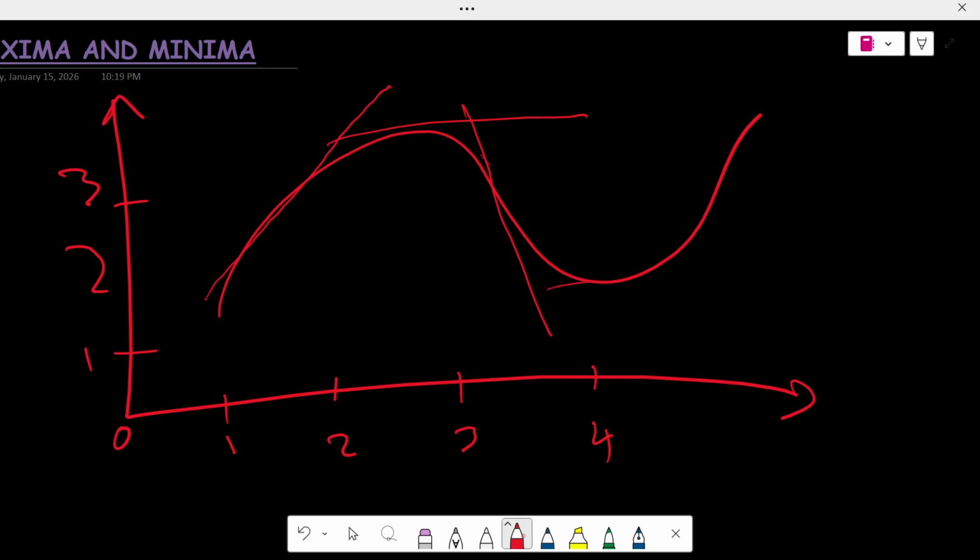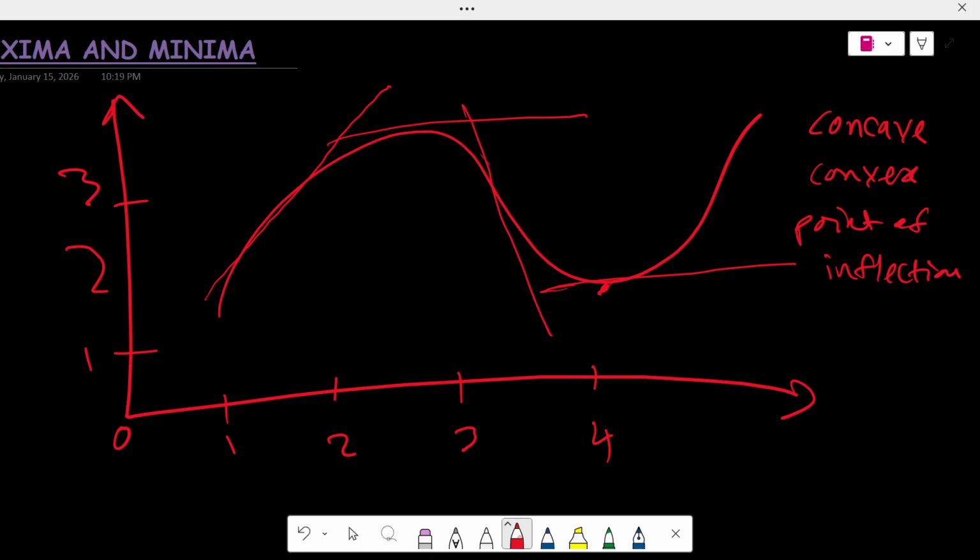So let's first deal with this point. So we have concavity, okay, let's say concave and convex and point of inflection, right? We have 3, this is 2, this is 1. So